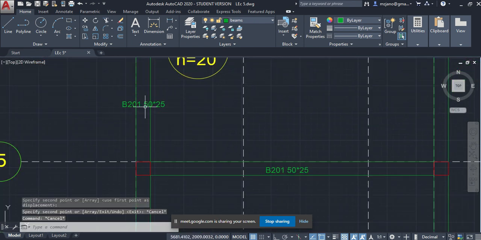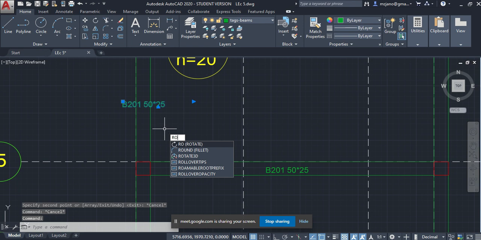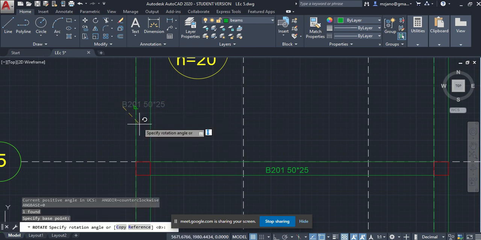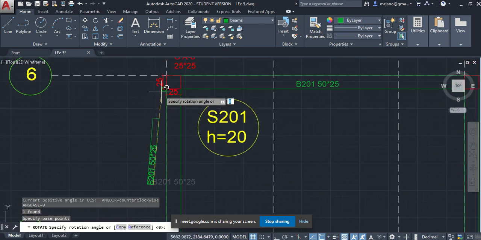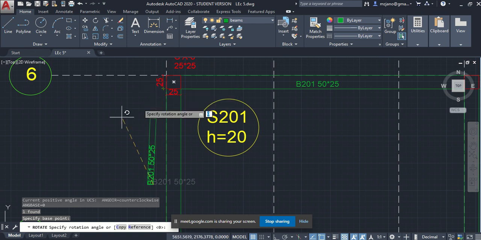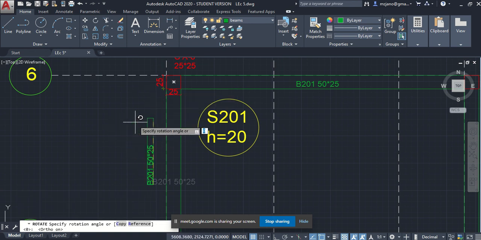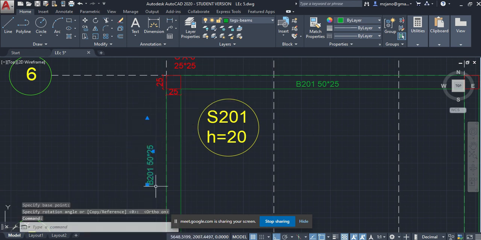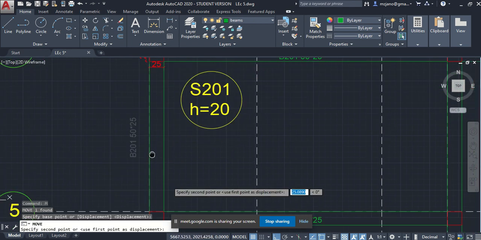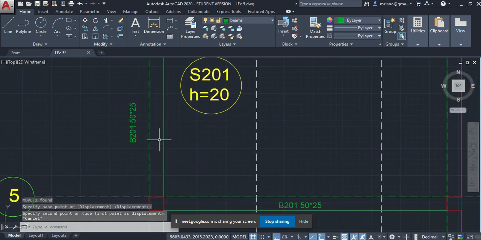Remember the rotation, RO for rotation. From here, wait, you can press F8 to make it vertical. No,